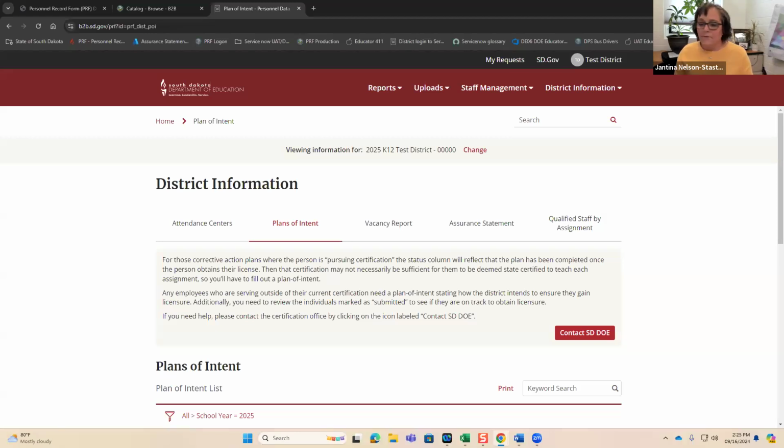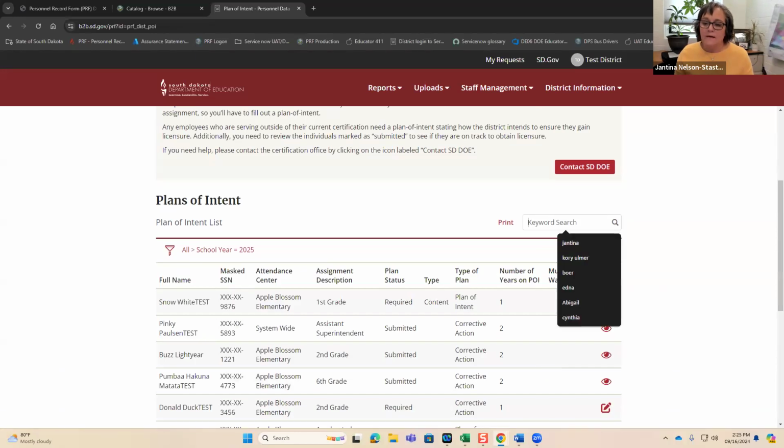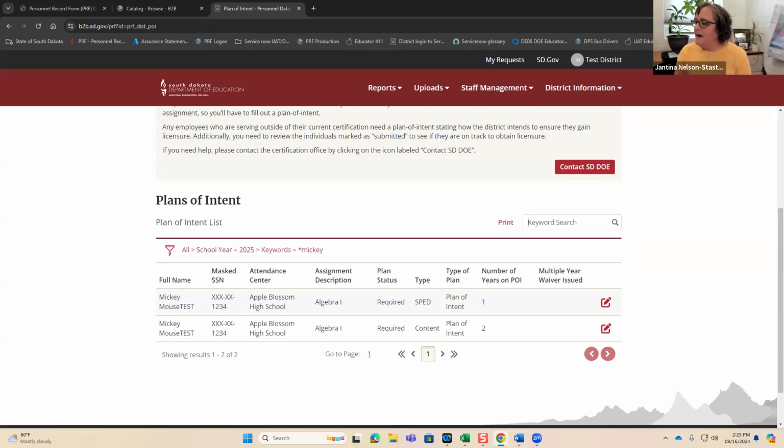So if we look at Mickey Mouse, I just want to use his record. You're going to notice that there are 2 out there, and I intentionally put him in with that dual licensure, and it will prompt that he gets the special ed licensure, and it's also going to prompt for a content plan of intent to get algebra.